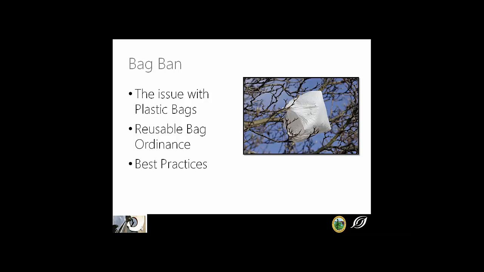So San Mateo County did pass a reusable bag ordinance that went into effect in 2013 that affects retail stores, except for restaurants. Basically, get those reusable bags and keep them in your car. At first it's a little inconvenient and you forget, but then you start to get used to it, and it really is the best practice for the environment. It's such a simple thing you can do: just refuse the bag at the grocery store and have your own.